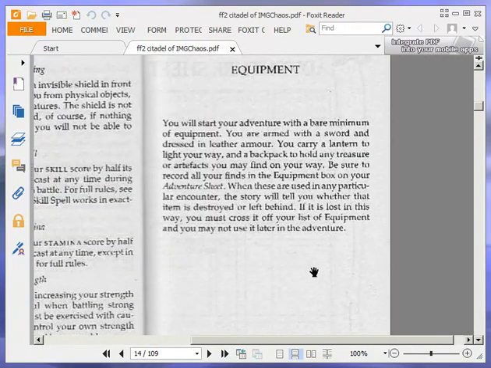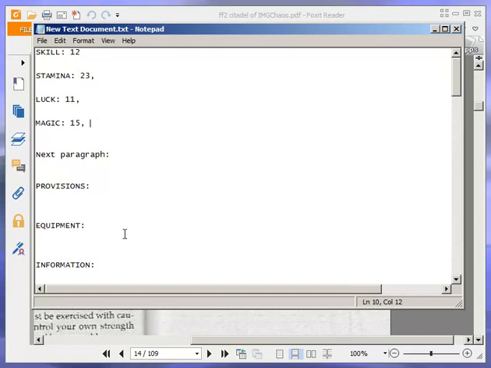Equipment. You will start your adventure with a bare minimum of equipment. You are armed with a sword and dressed in leather armour. Lantern. We have leather armour, sword, and a lantern. Okay. So sword,